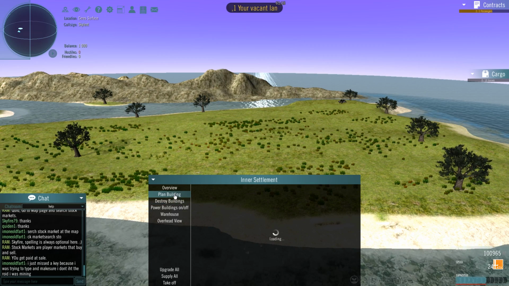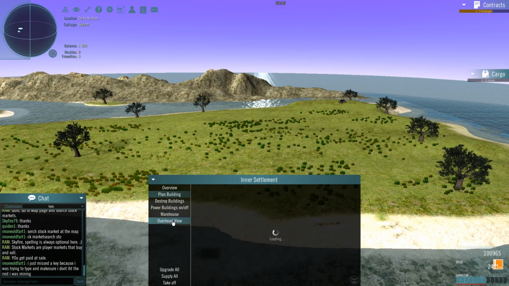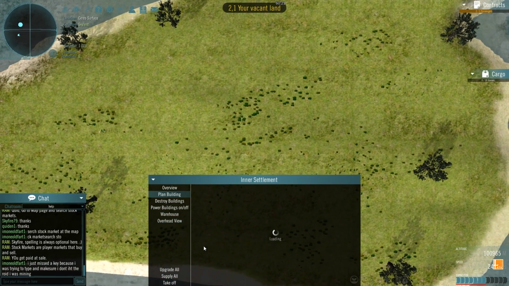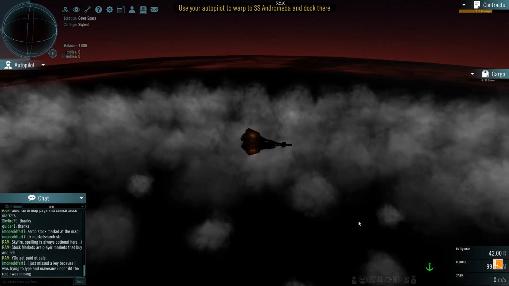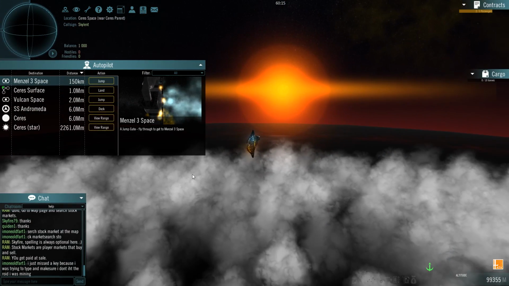So you can plan buildings, destroy buildings, power buildings on and off, have a warehouse, overhead view, upgrade all, supply all, or we could just take off because we don't have any resources to do that. Okay, anyways. So we need to deliver these people. Oh, well, we're really close to the planet. It looks like we're on the dark side too. Anyways, we need to actually go to